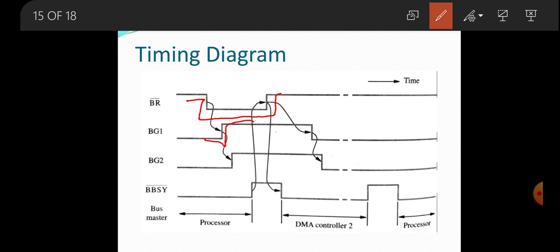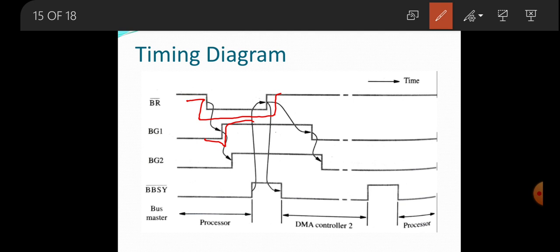Then it is received by DMA controller 1, and as it has not requested any bus service, it will simply transfer this bus grant signal to the next device, that means BG2. So it is set to high. Until this state, the bus master was the processor.